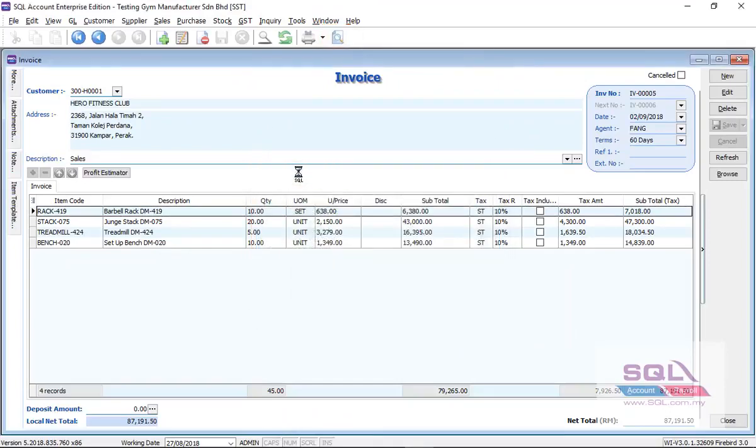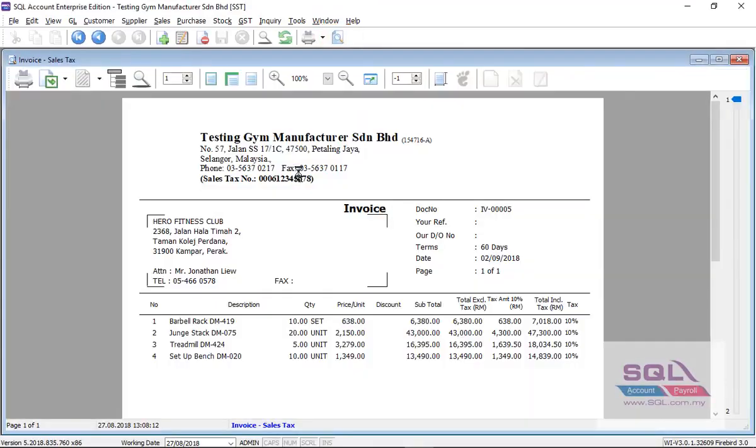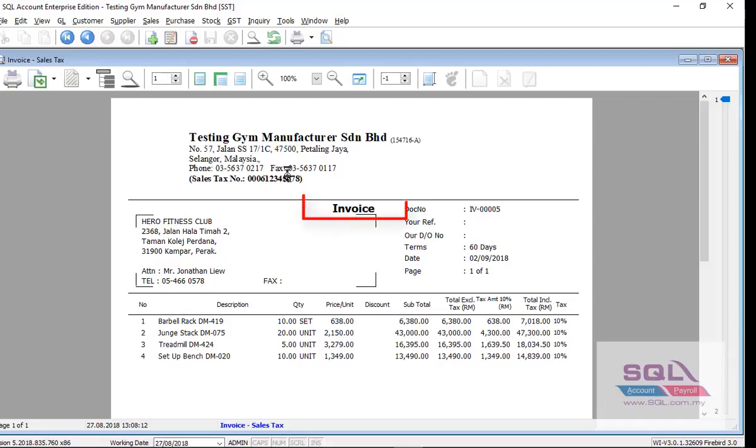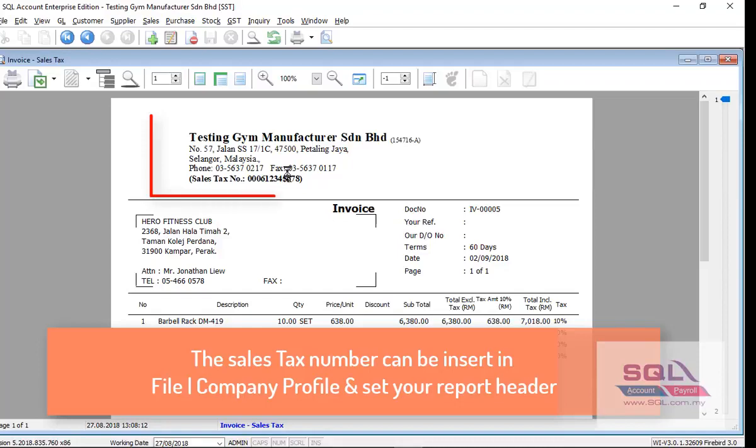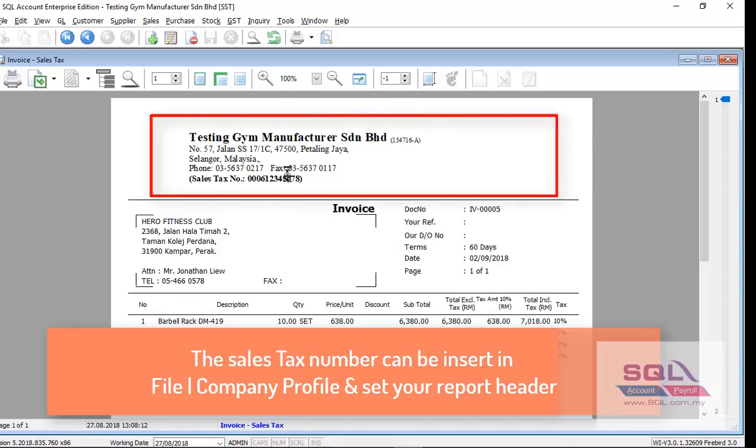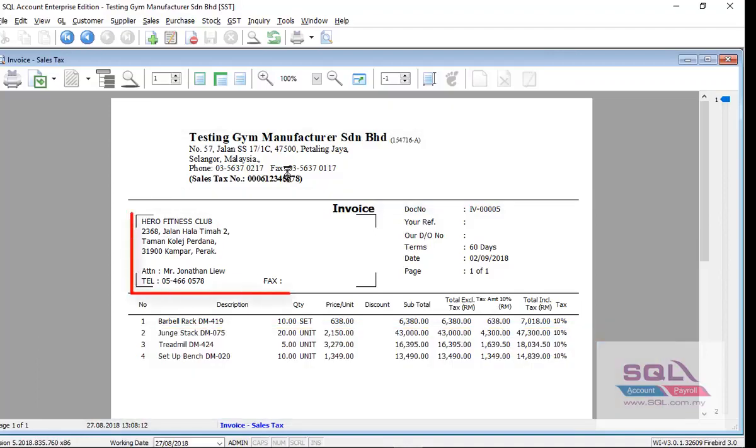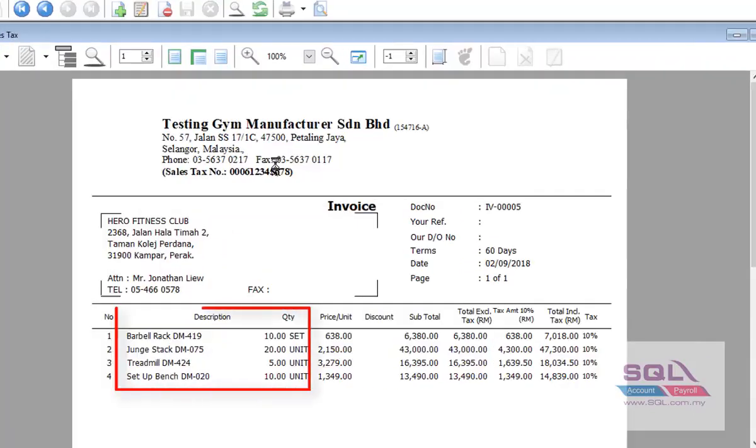Now, let's preview with your new invoice format. I will also show you what the compulsory invoice prescribed particulars are. The invoice serial number, the date of the invoice, the name, address, and identification number of the registered manufacturer, the name and address of the person to whom the taxable goods are sold, description and quantity of the goods, any